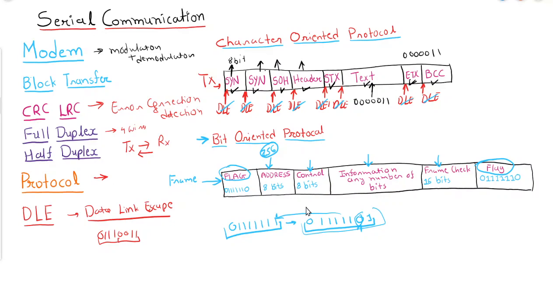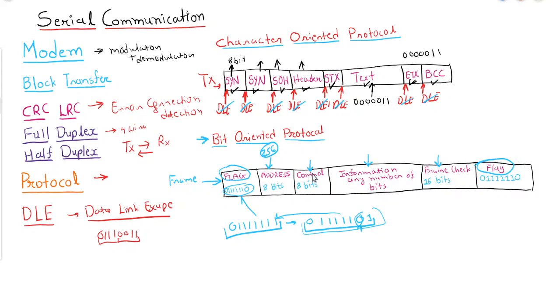So what will be the advantage? As a consequence, no pattern of 0 followed by all 1s and 0 is ever transmitted between the beginning and the ending flag. There can be an issue with the flag. Let's say this kind of data is also present in the information. Then the transmitter will convert this into this format, then transmit it, and at the receiver end it will be converted back into this format. So this is how the starting and ending flag will be marked.